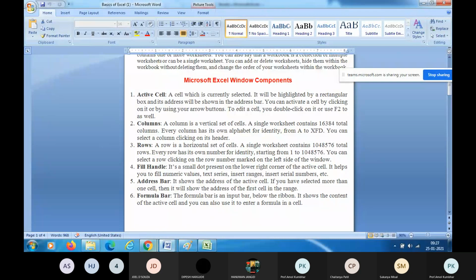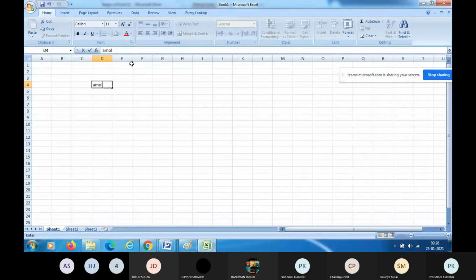Let us observe that worksheet once again. So this is your column number 1, A. This is the header, right? You can select that column A by clicking the header of column A. So if I select this, column A is selected by clicking at the header of that column.